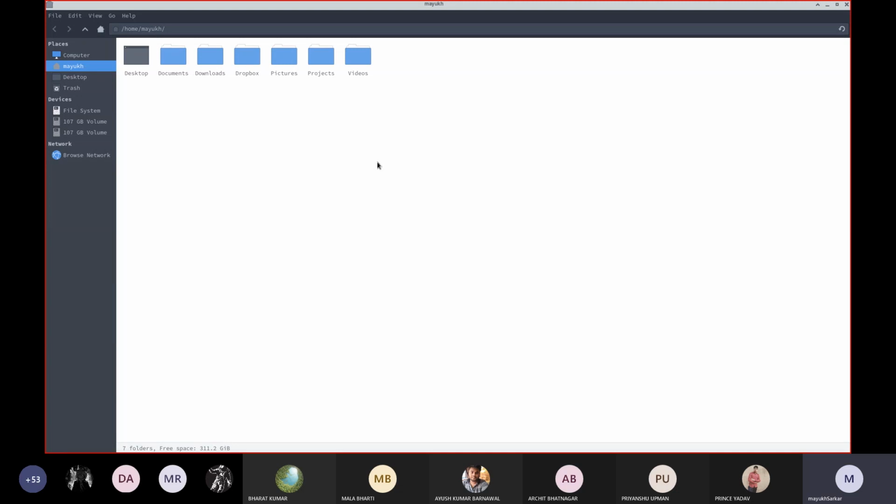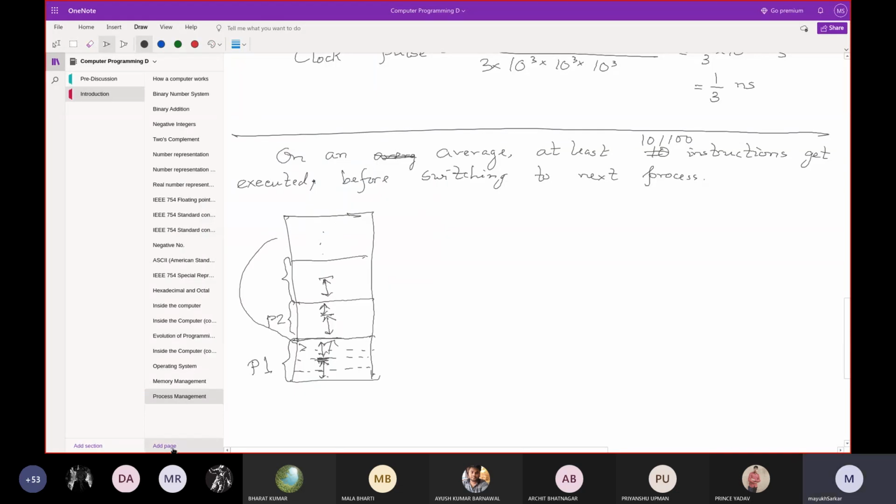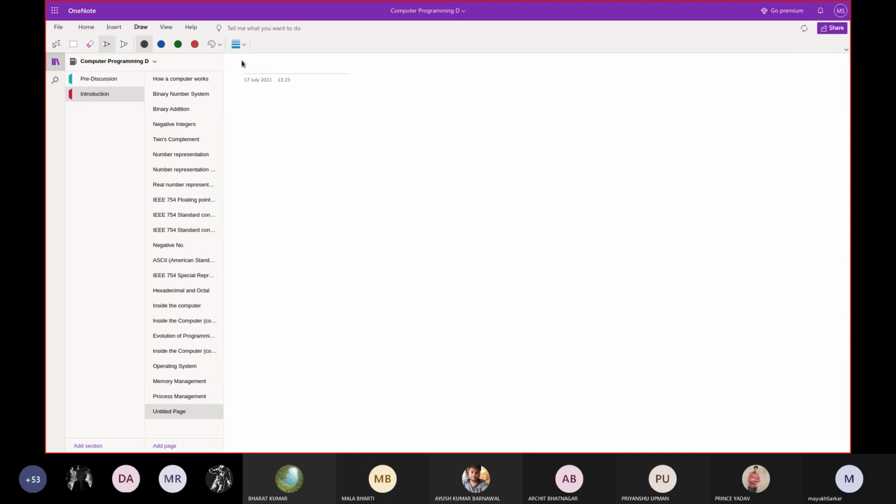That means what? Let me discuss it on a separate page. Say it is the monitor. In fact, there is a video RAM. There is a special part in memory that is called video RAM.